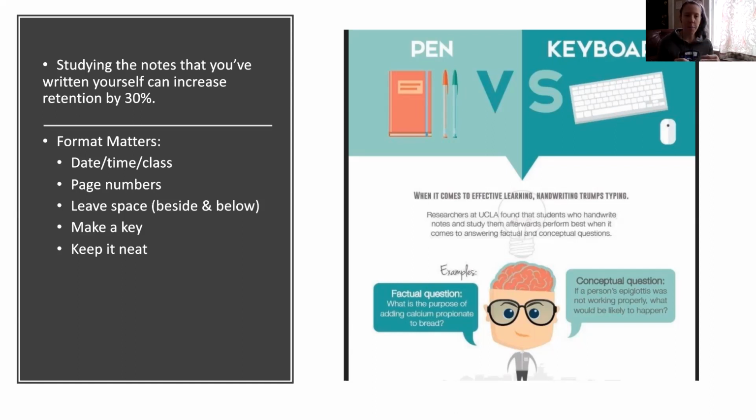So anyway, top of the notebook, we're going to have the date that you are listening to the lecture, the time, and by that, it could be the class period, it could be the time. If it's a presenter, you may want to have it a little bit more detailed than just the class period. And you want to have the class or the teacher's name or the presenter's name, or all of it. Part of that is so that you can keep the notes separate from the next day or the next lecture. The other reason is for